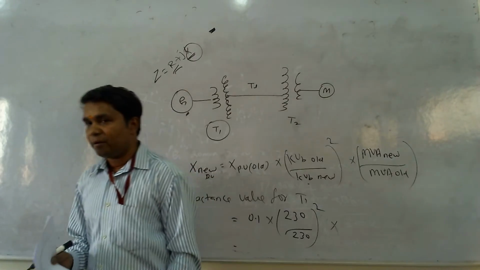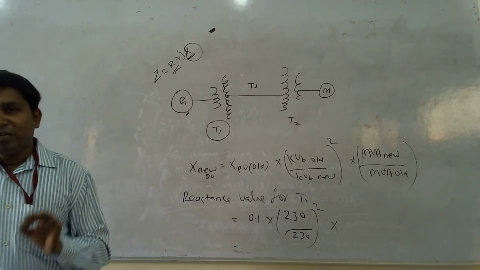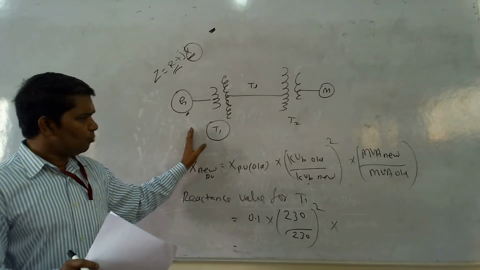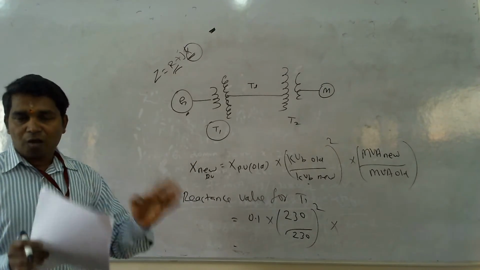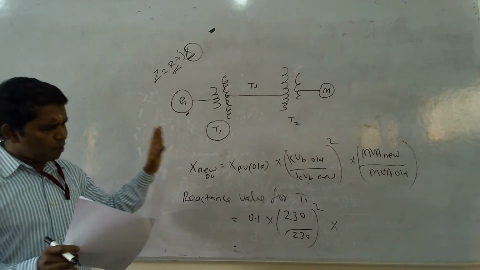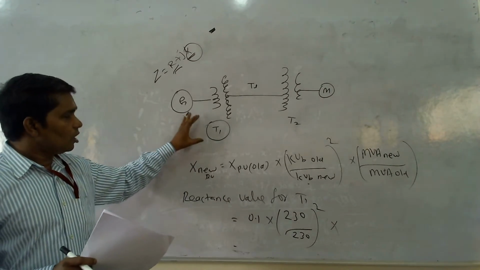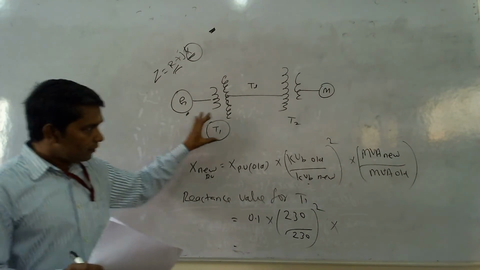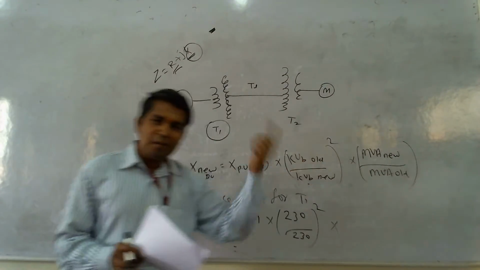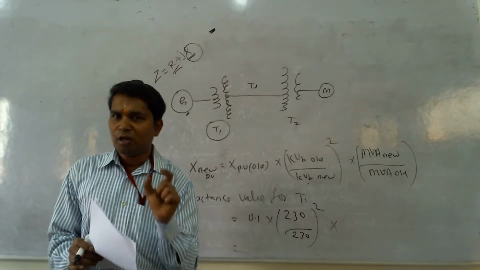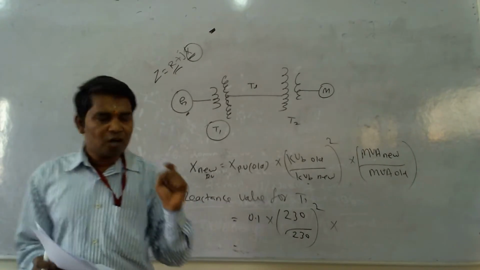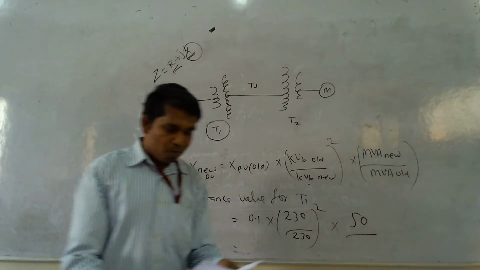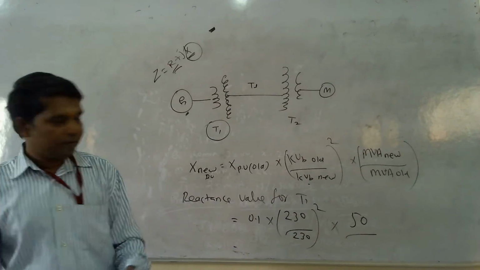It has been your apparent power. Megavolt ampere value need not be calculated for all the sections. It needs to be calculated only one time, and that value has to be used in every place, right? So as for this information, for the transformer 1, the megavolt ampere new value is the same as previously used: 50 megavolt ampere used for the generator, the same value here will also be used. So the new value is 50, and the old value is how much given? Old value is given 35.